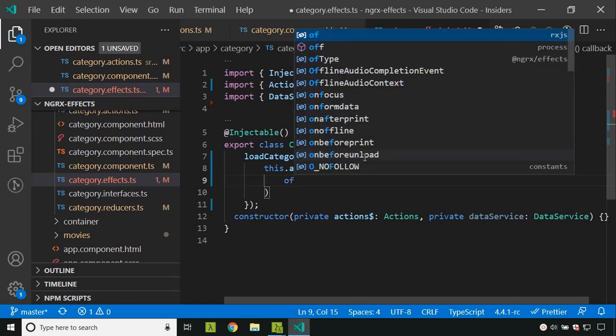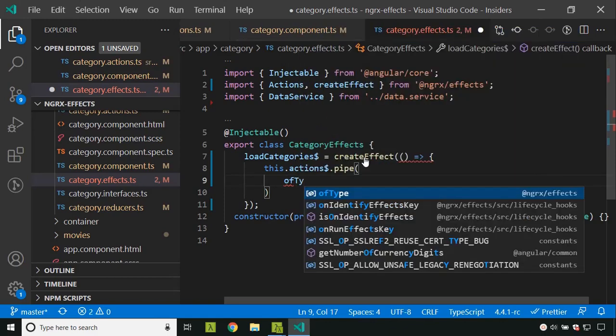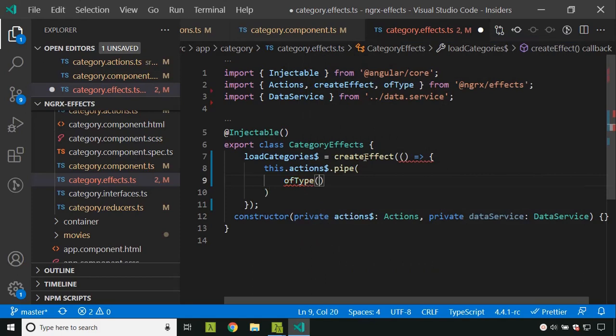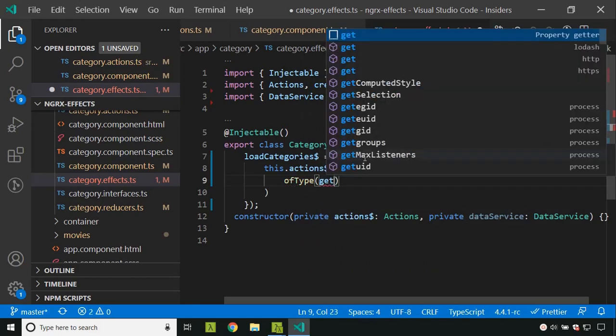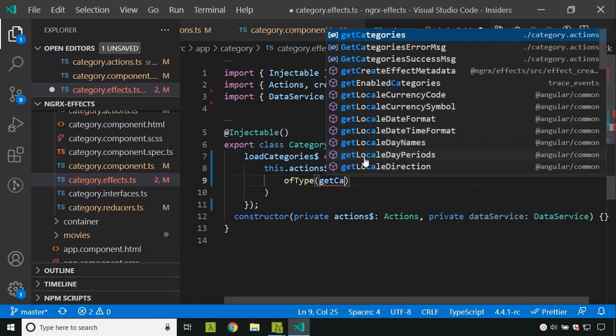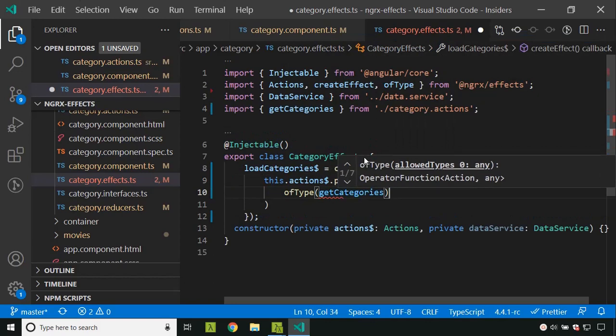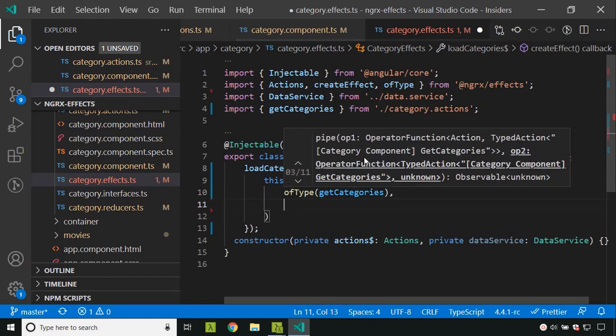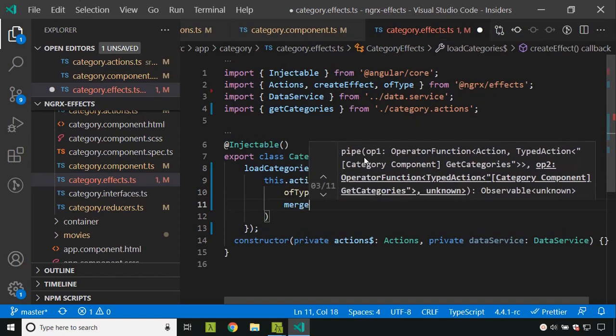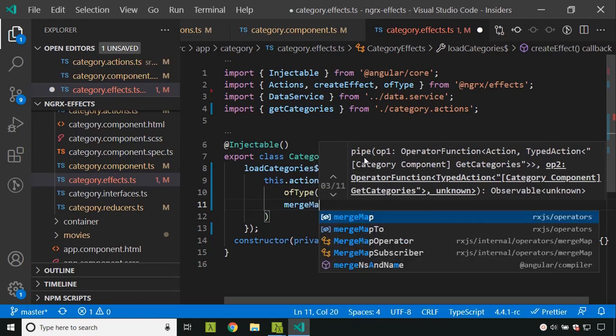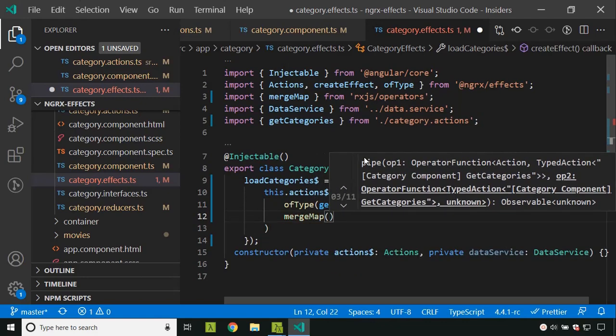So we have a method called ofType. It's an operator. Inside that, we can provide the action which we need to filter out. So since we are handling the get categories action, we will provide this here. And after that, I will use the mergeMap operator. So inside that,